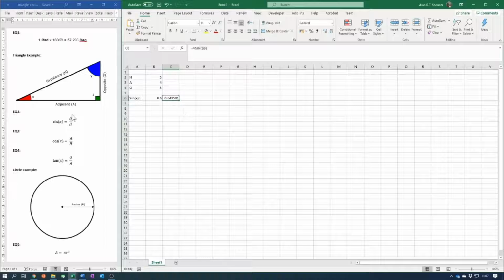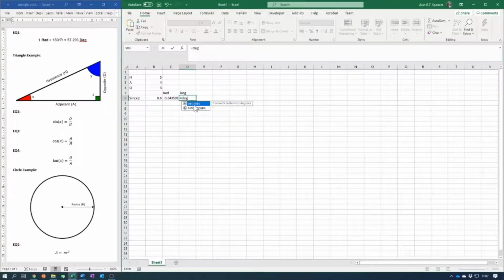Now that's calculated our value of x, but this is in radians, not in degrees. So how do we convert that from radians, I'm just going to put rad at the top here, to degrees? Well, in Excel, we have two functions for converting from radians to degrees and from degrees to radians. The first one is DEGREES, as you can see here. This converts radians to degrees. So if we click that, click our radian value, close our brackets, press enter, this is now giving me x